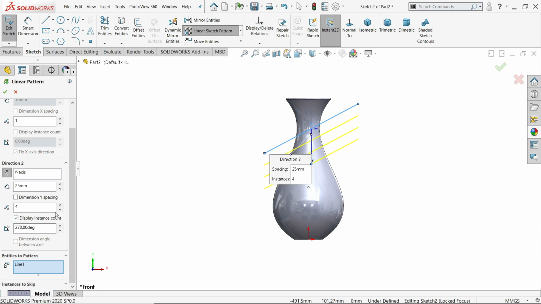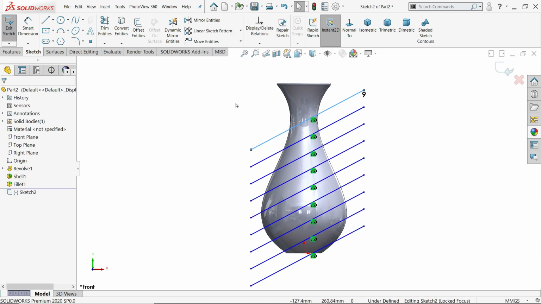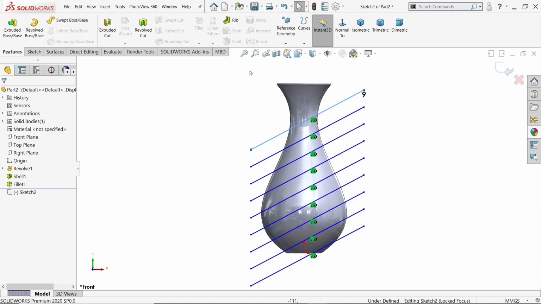X-axis 0. Let's see, 30. Okay, that's fine. That is enough numbers. Say OK.